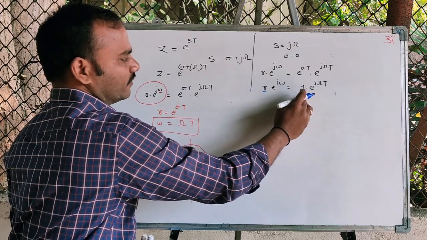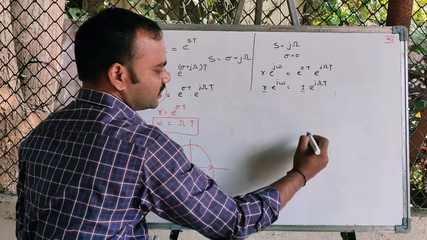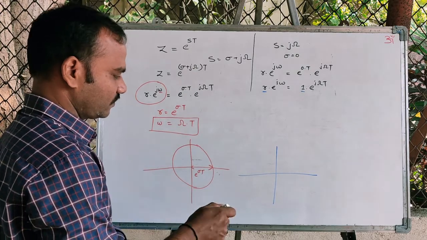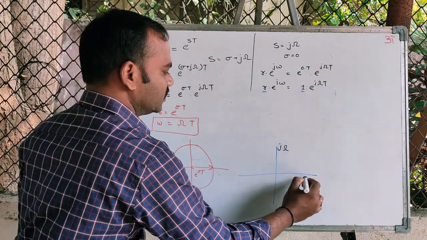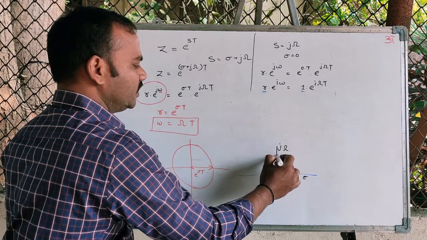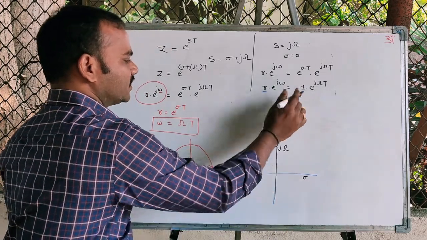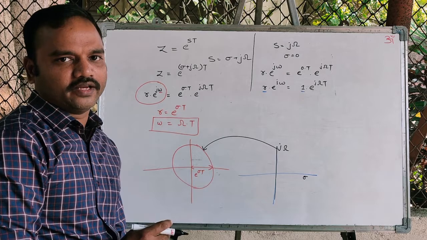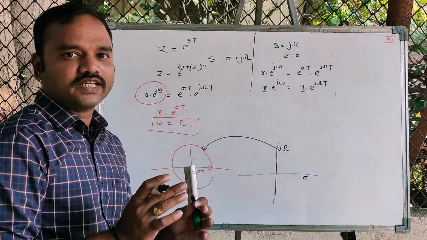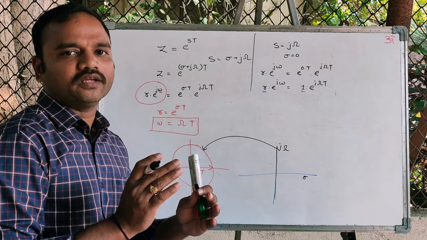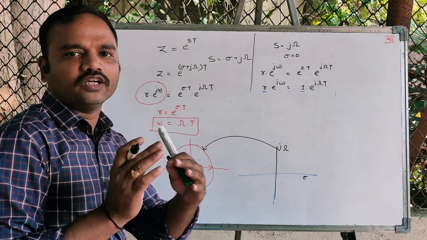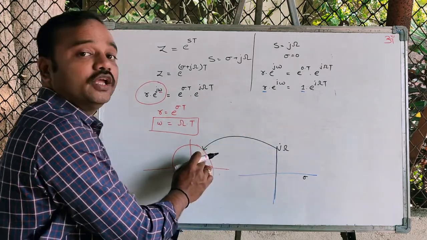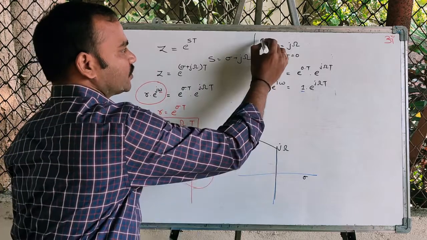That is, this is the jΩ axis. This is the σ axis. Now we have considered only this jΩ axis. Now this jΩ axis is mapped onto the unit circle in the z plane. This is the first desirable characteristic of any mapping that will convert from an analog filter to a digital filter. That is, the jΩ axis should exactly map to the unit circle. This is the first one.